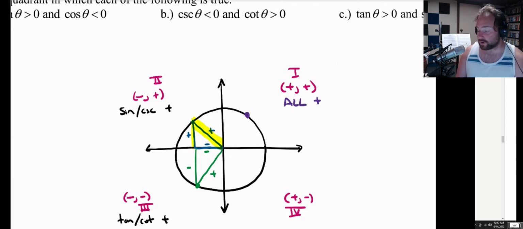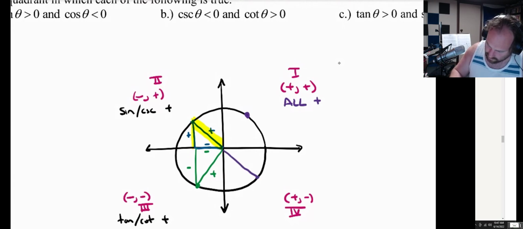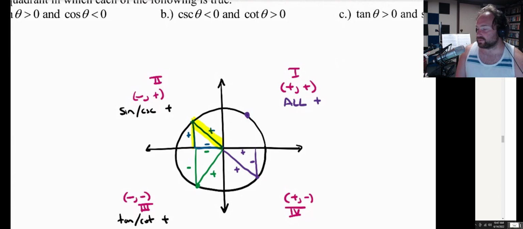In quadrant 4, one last one of these to talk about. You might see the pattern happening already, but in quadrant 4, again, you've got a positive adjacent side, but a negative opposite side, and of course the hypotenuse is always positive. So here, the sine, negative over positive, that's negative, but the cosine is positive over positive. We saw that up in number 4. So down here, we're fond of saying that the cosine, and of course that means the secant also,